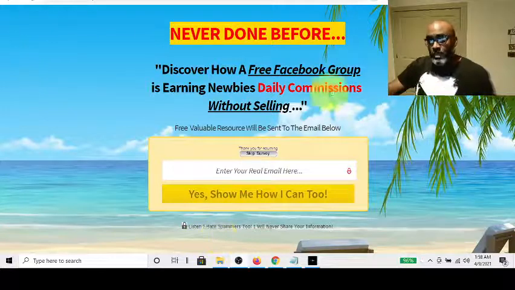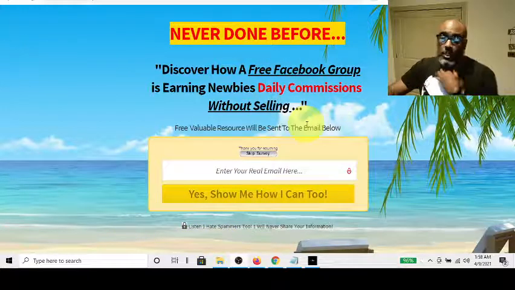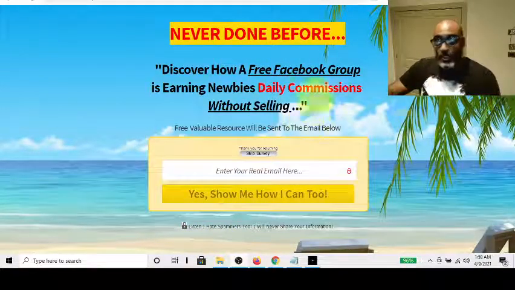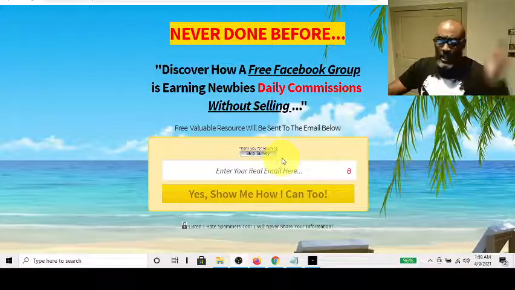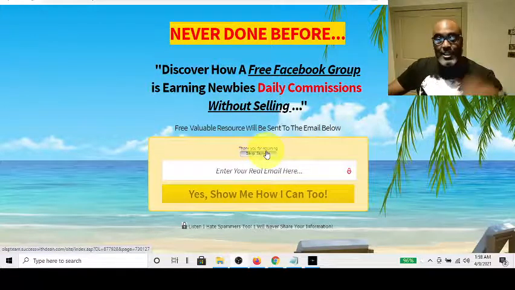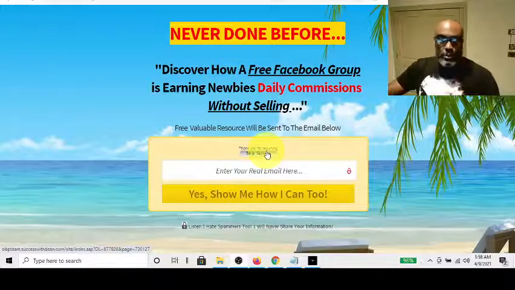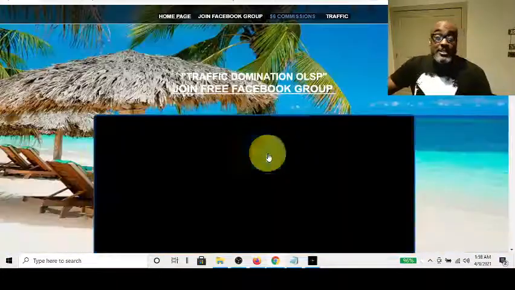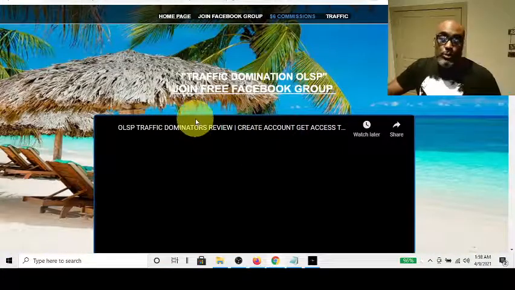So this would be one of the capture pages that you get with the system that I put together. And like I said, it's free. You input your email, you go through the funnel, and at the end, I'll show you where the share code is. So you come right in, and the first place it takes you is it brings you to a video